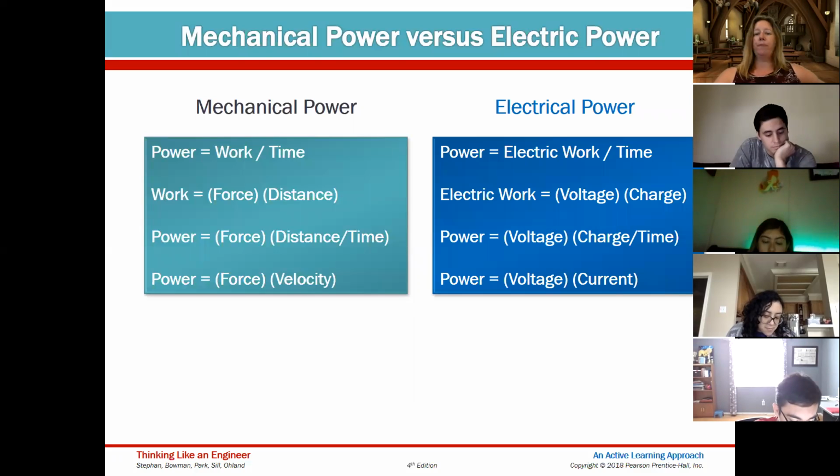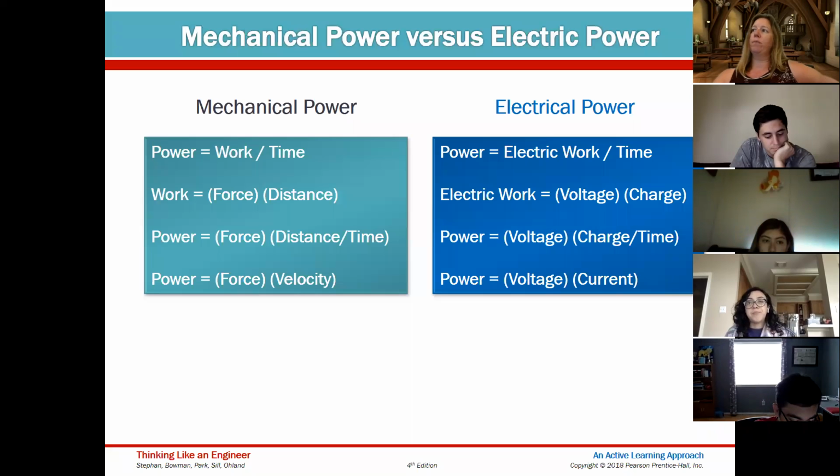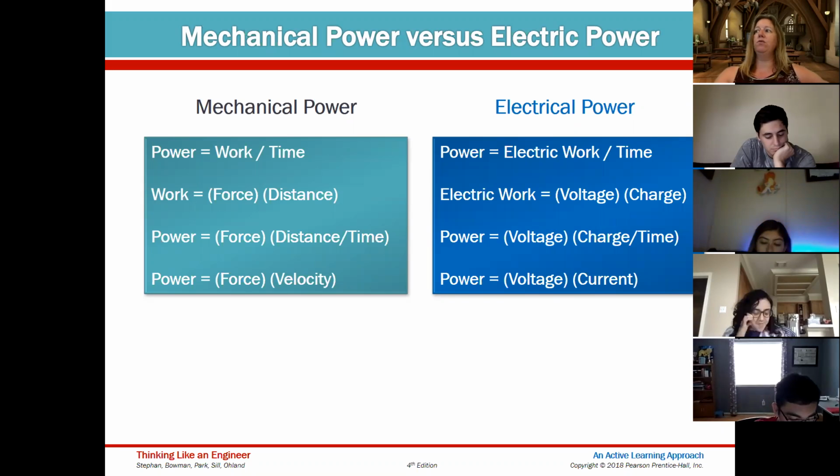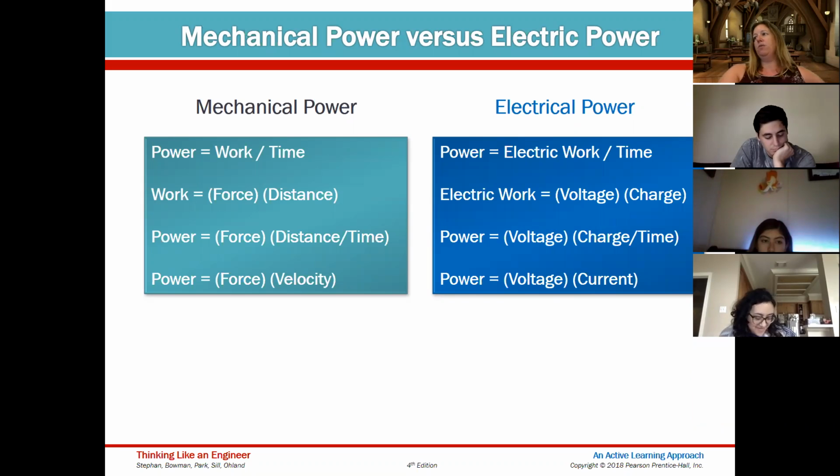Electrical power is equal to electric work divided by time, where that electric work can be broken down into a voltage times a charge. That voltage times a charge divided by time gives you voltage times your current,